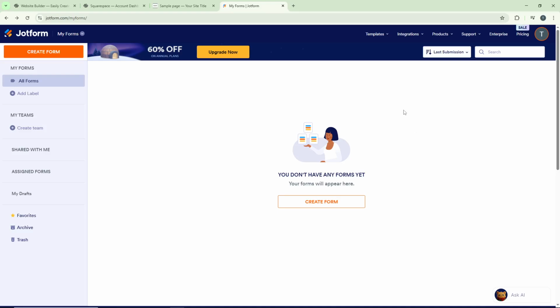First, open your browser and head over to jotform.com. Once you're there, go ahead and log into your account. If you don't have an account yet, you'll need to create one, but the process is straightforward and only takes a moment. Once you're logged in and on the Jotform homepage, look for the button that says Create Form and